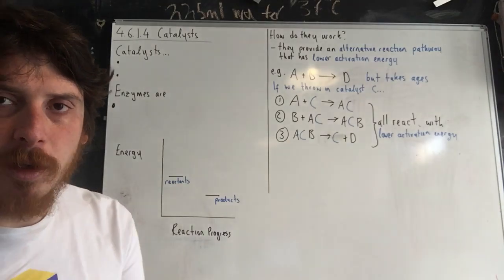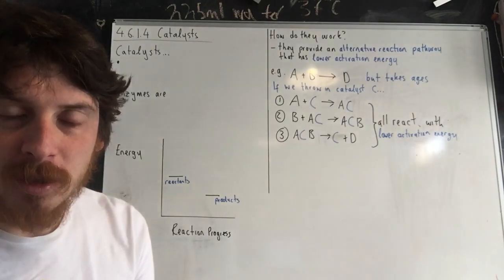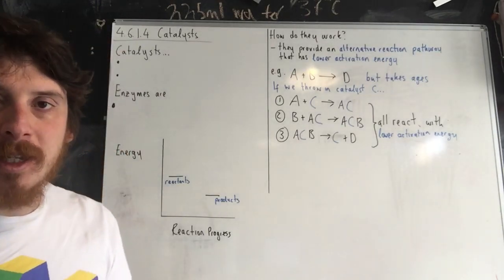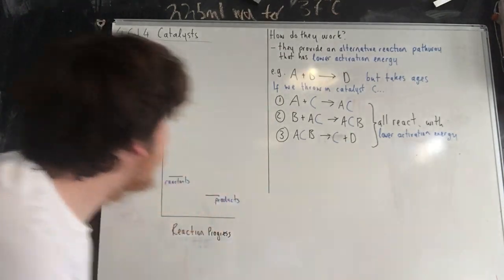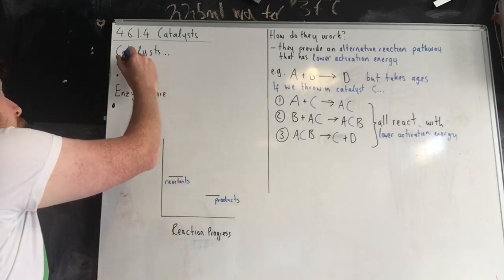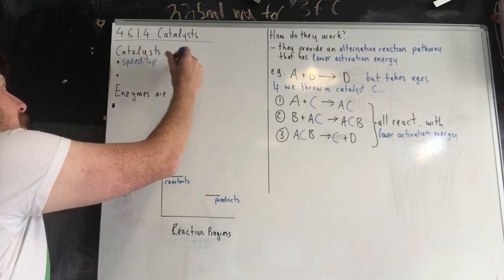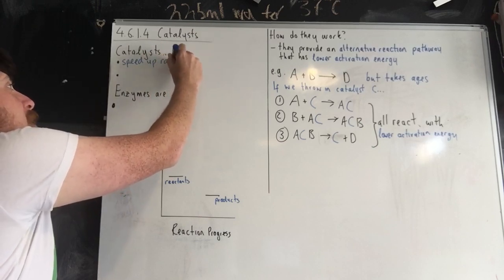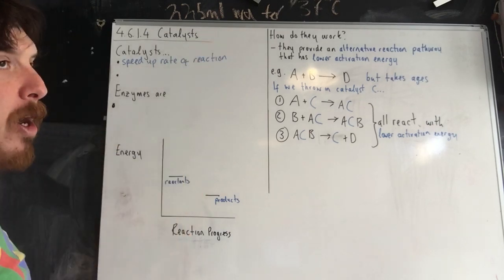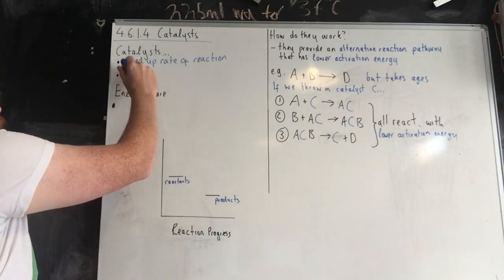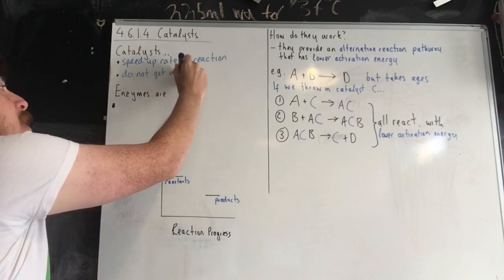Hello, today I'm going to go through catalysts and how they affect rates of reactions. Some of you may know already that catalysts speed up the rate of a reaction, but there's some extra detail that you need to know about this. So, you need to know that initial statement: catalysts speed up rate of reaction. The other thing that you might not be aware of, however, is they do not get used up